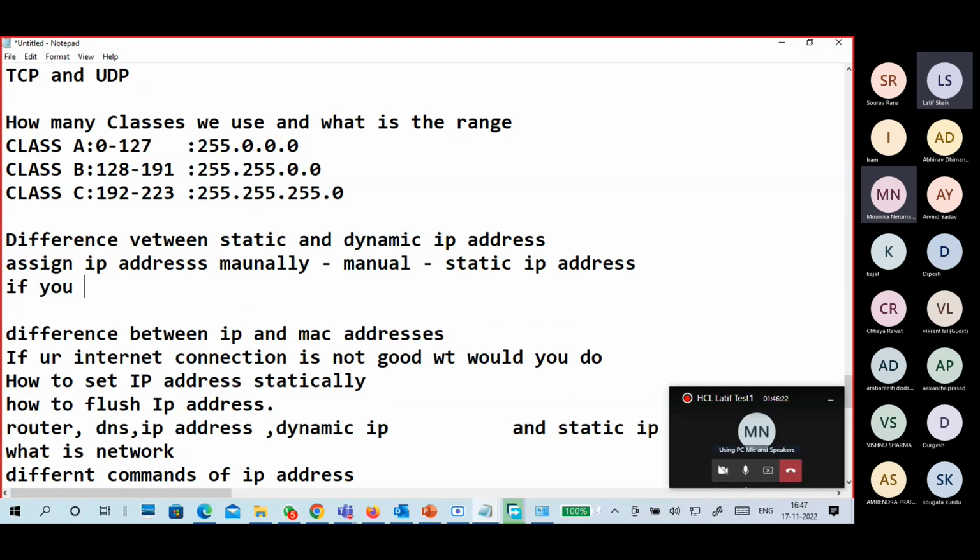If you change network, the IP address does not change automatically.